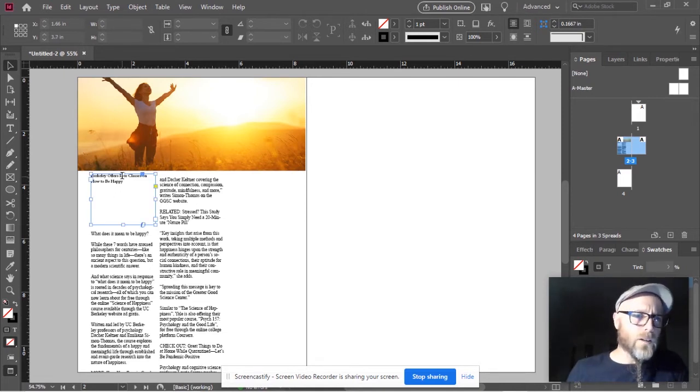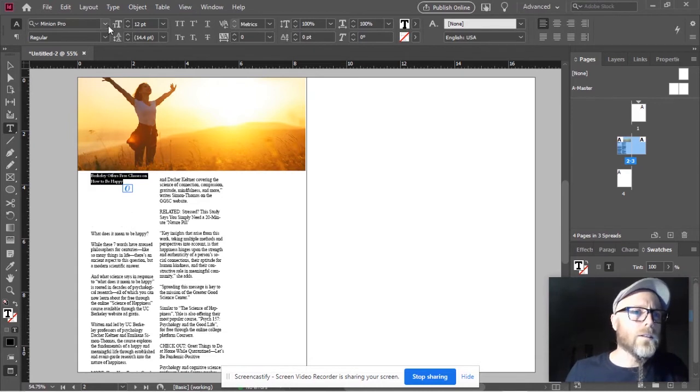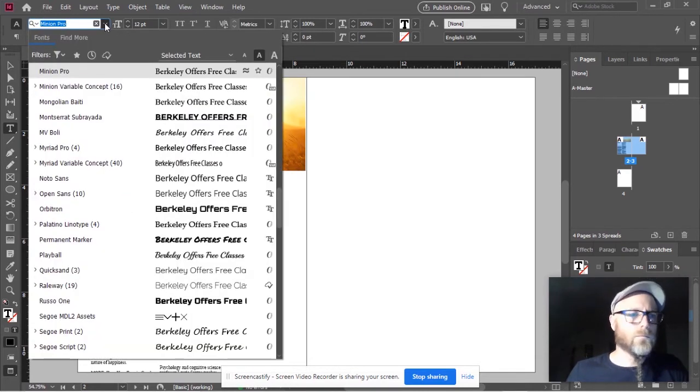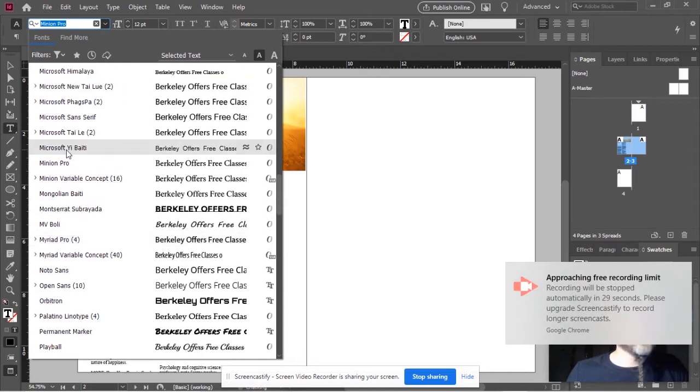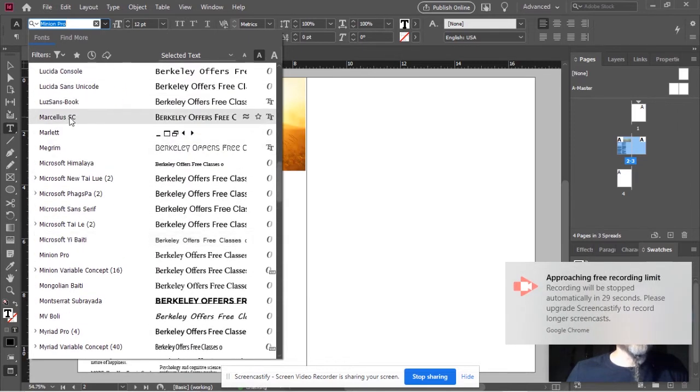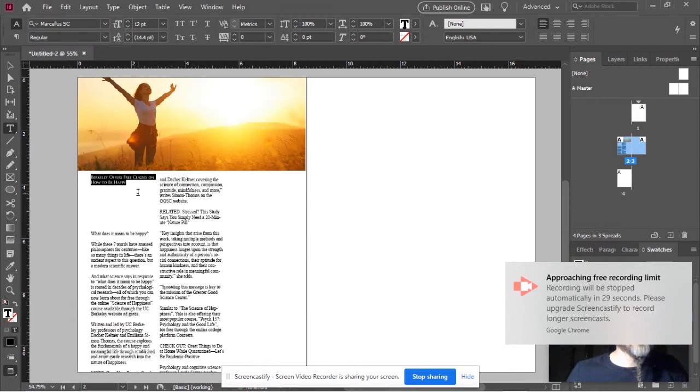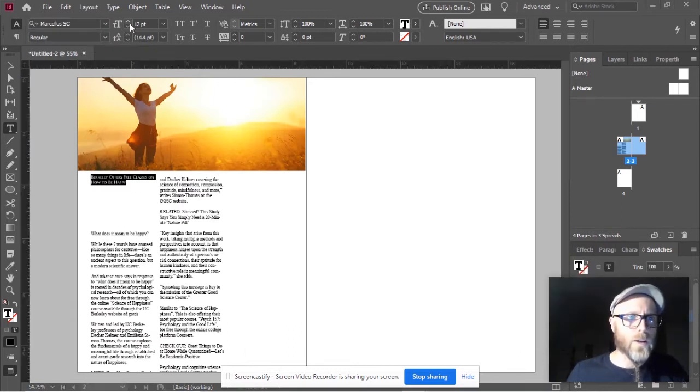So let's give this a different font. I just basically picked one at random. Okay, so there's a different font. I've never used this one before, but it's called Marcellus. Now I'm going to bring the font size up. So that's here. Right now it's 12 point. Remember, point is that old term from the printing days. I think a point is the length of a little printing piece they used to use, a little skinny piece of metal called a lead. Anyway,